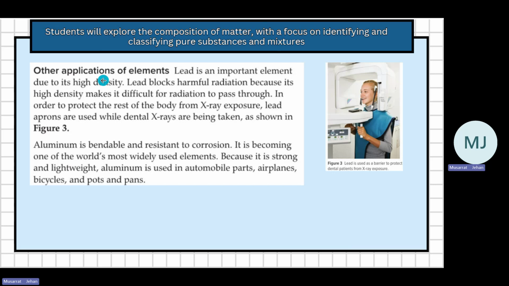Then what are the other applications? Lead is an important element due to its high density. This thing which we wear when we go for an X-ray, it has lead. Because it has high density, it does not allow the X-ray to pass through it. Because of this, we wear it in order to protect the rest of our body from X-ray exposure. Aprons are used in dental X-rays as well. Aluminium is bendable and resistant to corrosion. It is nowadays becoming